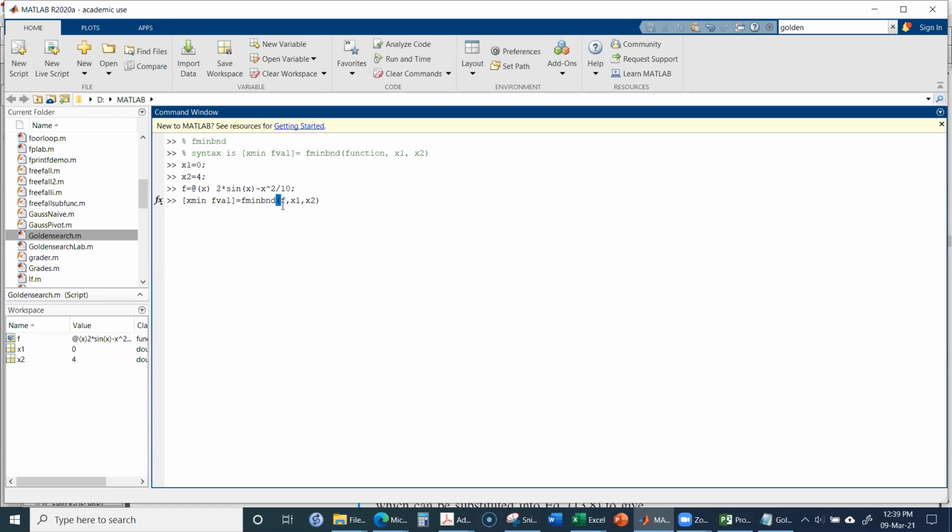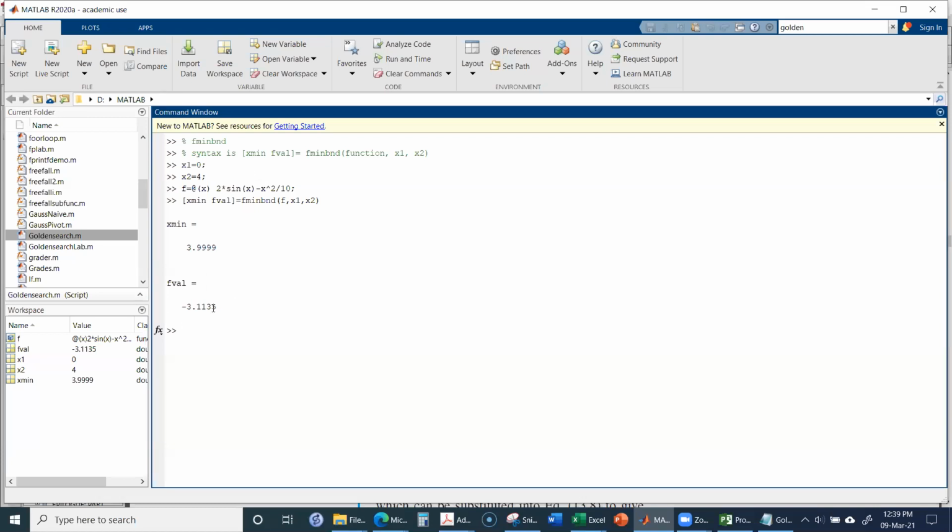So, and then I will close it. And when I press enter, it will give us the x minimum value is equal to 3.999 and minus 3.1135. So that means that if we want to find the minimum of this function, then that minimum will occur at 3.999 and minus 3.1135, which was the same value which we got for our